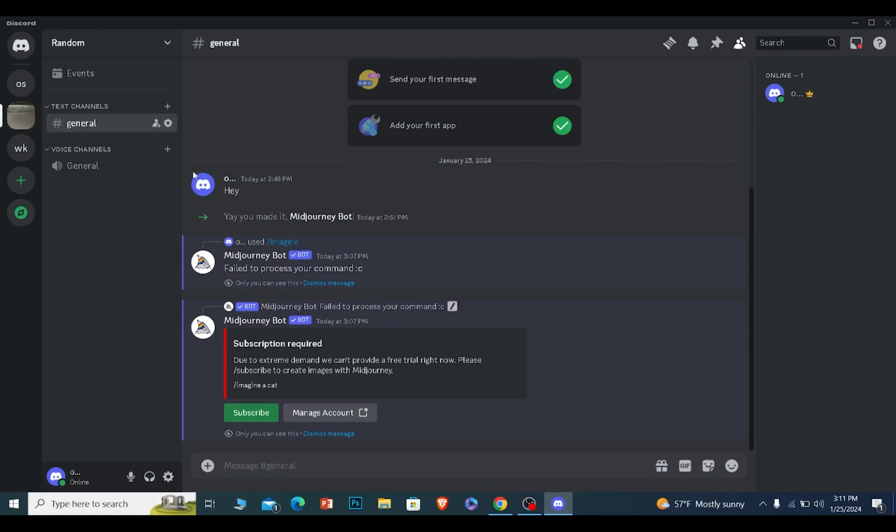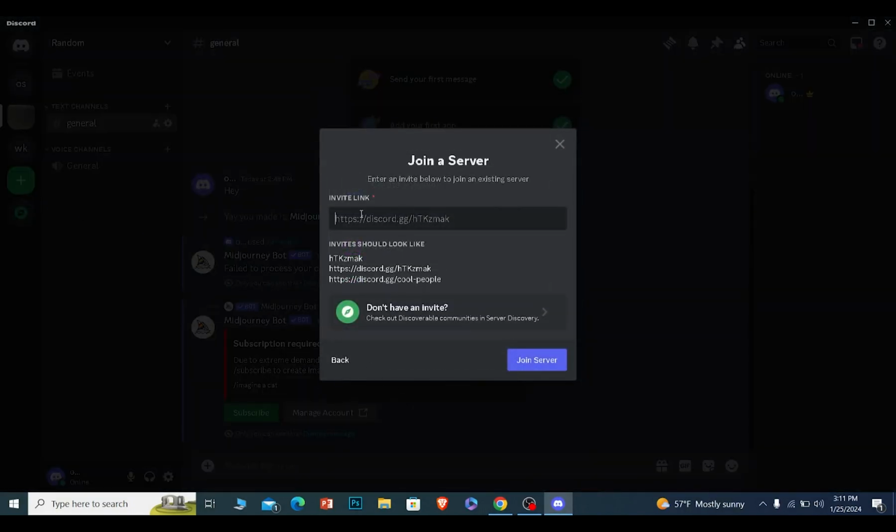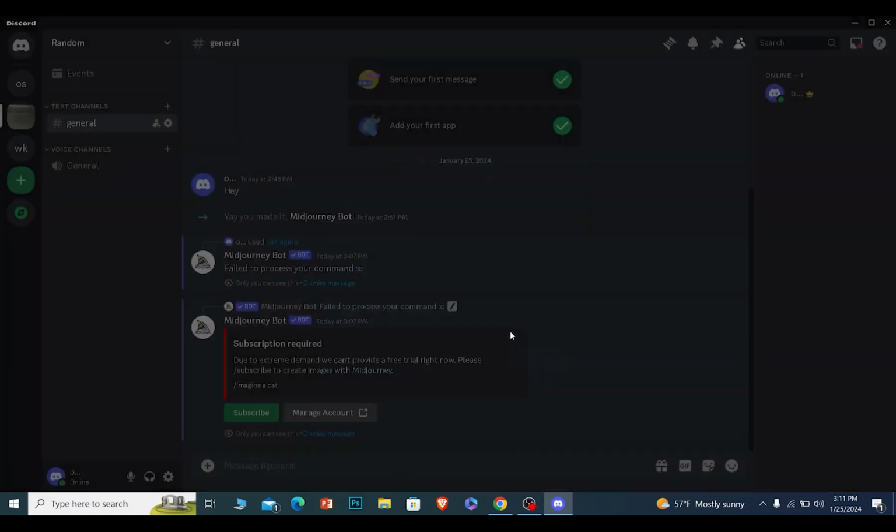Now if you want to install Midjourney, you need to first install Discord on your PC and open Discord. Once you open Discord, at the left corner you will see a plus button. Click on it. From over here, click on join a server, and over here where it says search, you want to write Midjourney. Once you search for Midjourney, click on join server, and then you'll be able to join Midjourney